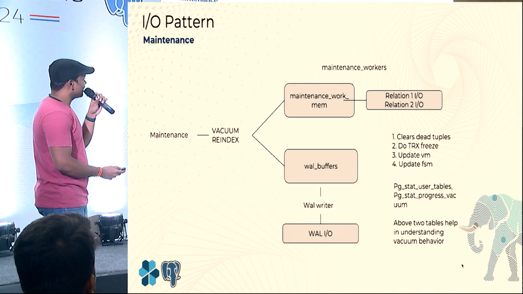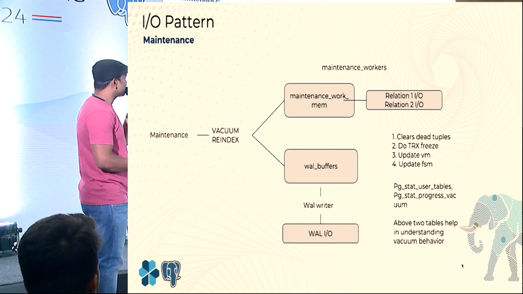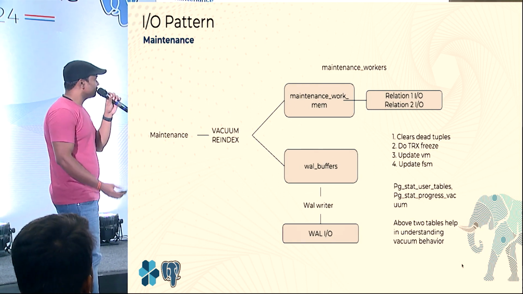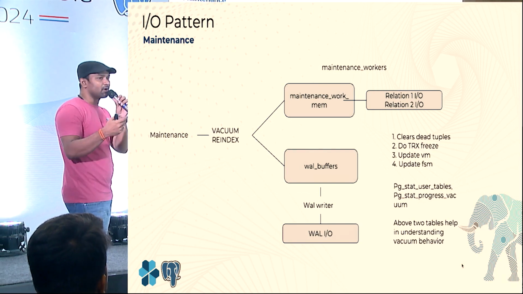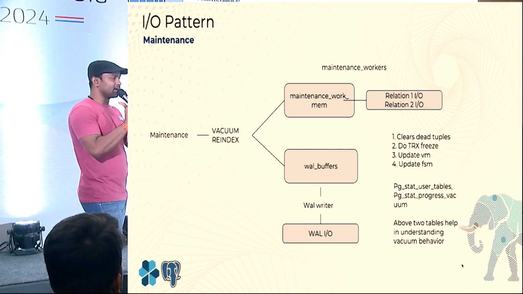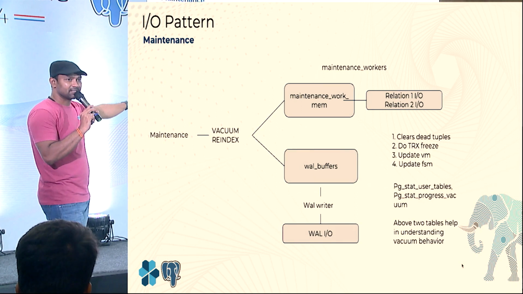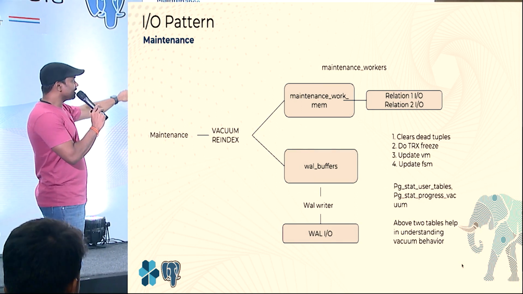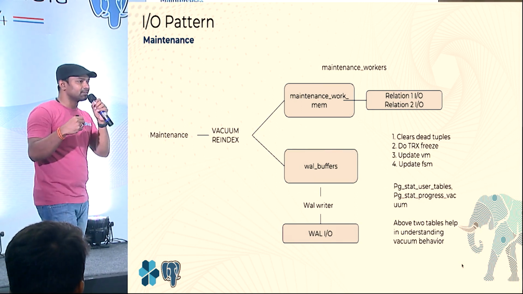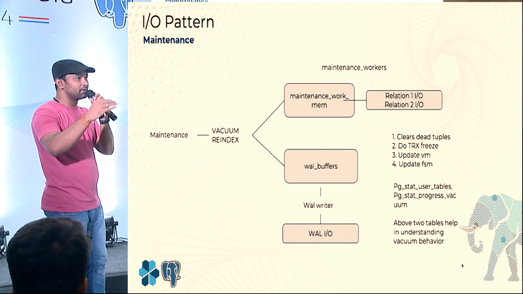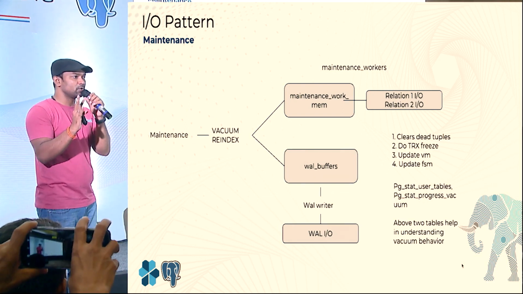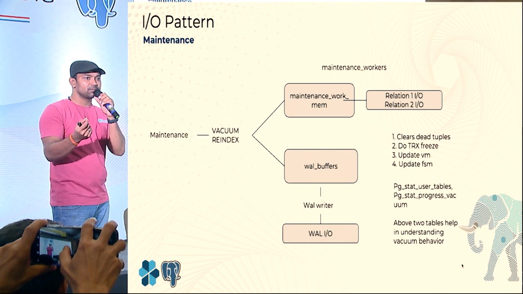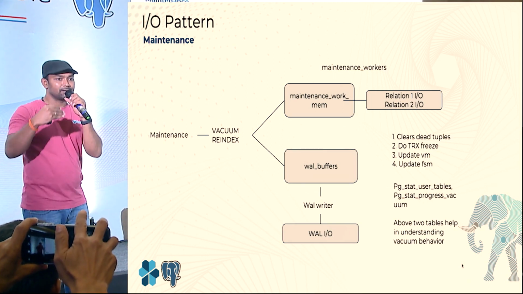So another pattern is whenever we have maintenance operations like vacuum or reindex. These are I/O hungry operations because we run them on an entire table. For example, if I want to run vacuum only on some portion of the table, no, that doesn't happen. Even with reindex, you have to perform it on the entire table. And if the table is